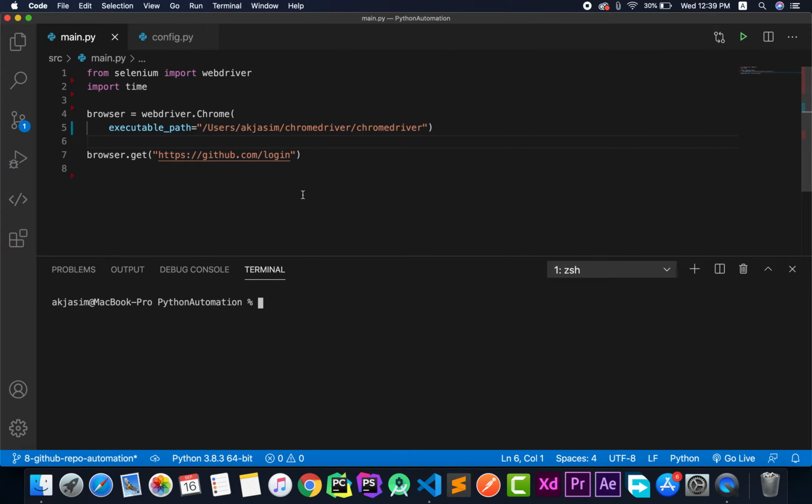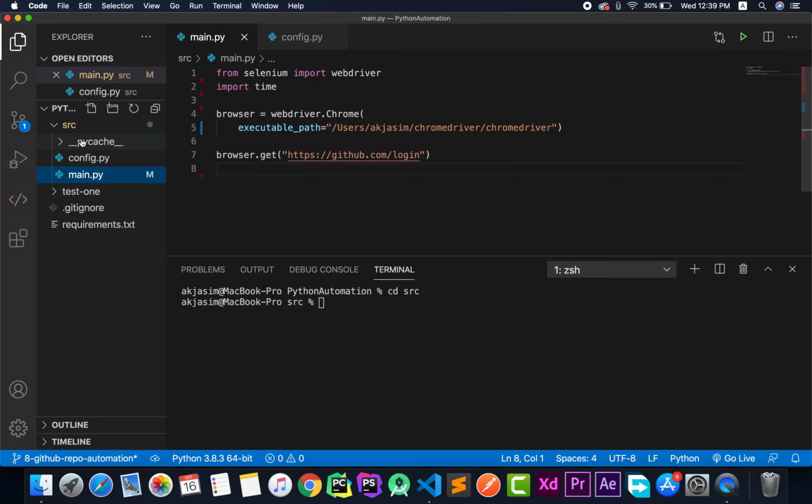Alright guys, so we are back in the project boilerplate. We have the boilerplate up and running here in VS Code, and the idea that we are going to be following is I'll quickly run the script and show you that in a second. So python3 main.py, but before that I'll quickly move into my src directory. You can see the project setup here. This is the src, and we have the config and main.py there. The main is our main script, so I'll quickly run that script, python3 main.py, just like that,